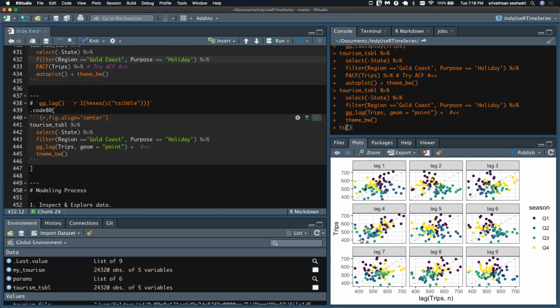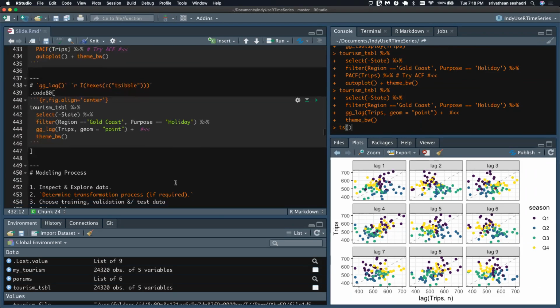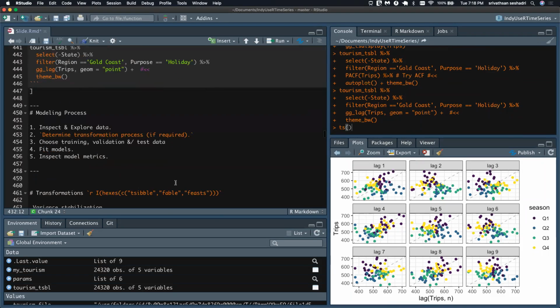You see that there's more linearity in lag 4 and lag 8 compared to the others. So this is a nice visualization. So far, we have taken the time to understand the Sybil and what it offers to inspect time series data.